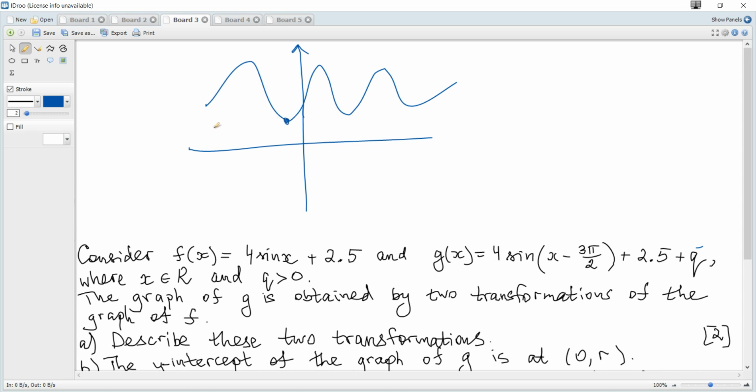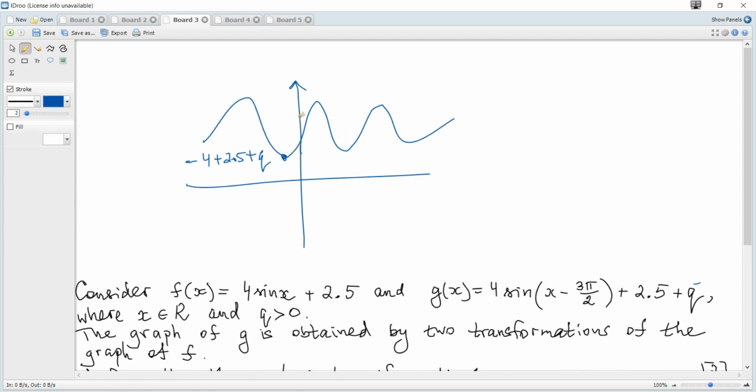So the minimum value is -4 plus 2.5 plus q, and the maximum value is 4 plus 2.5 plus q,